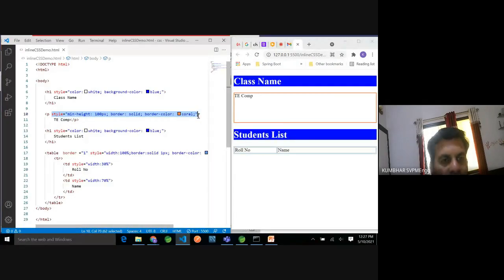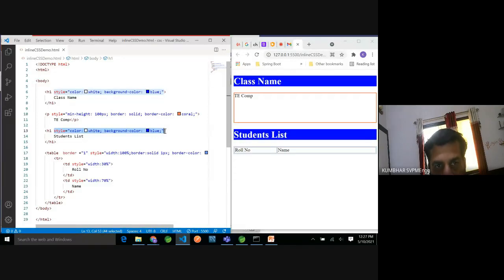Okay, let's move ahead. We learned inline style, but as I said, suppose there are 2 headings, so I have to write that style 2 times. If there are 10 headings and I have to apply the same style to all, then I have to repeat this code multiple times. Correct? So do I have any solution, so I can declare this style only once and use it multiple times?